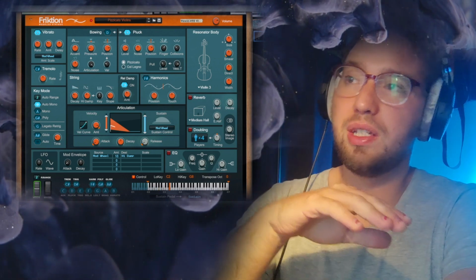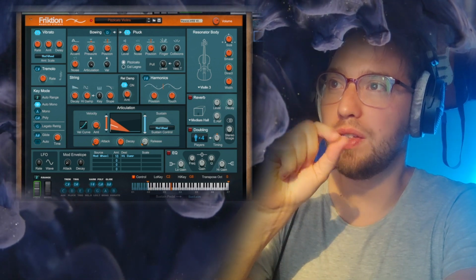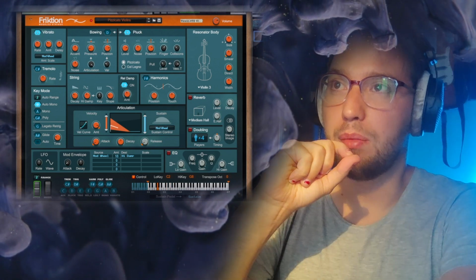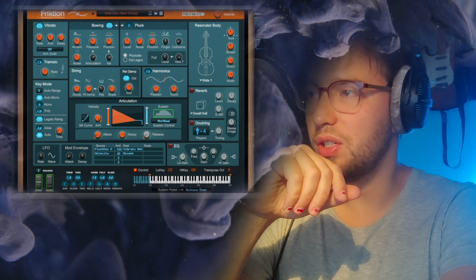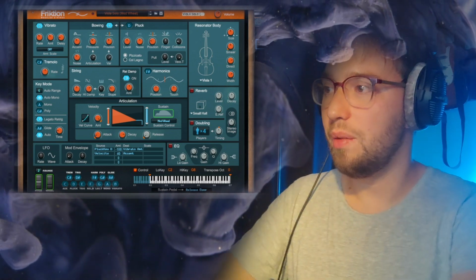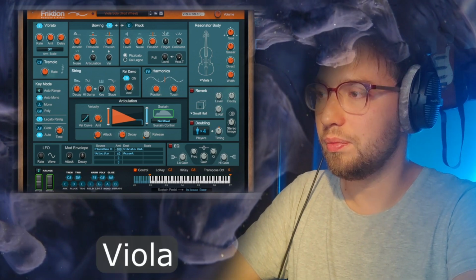You can see that I changed the resonator body and I changed a few of the settings just ever so slightly to get a slightly different sound from each pizzicato violin. Big guns. It's actually a viola doing the solo. So when we listen to that,